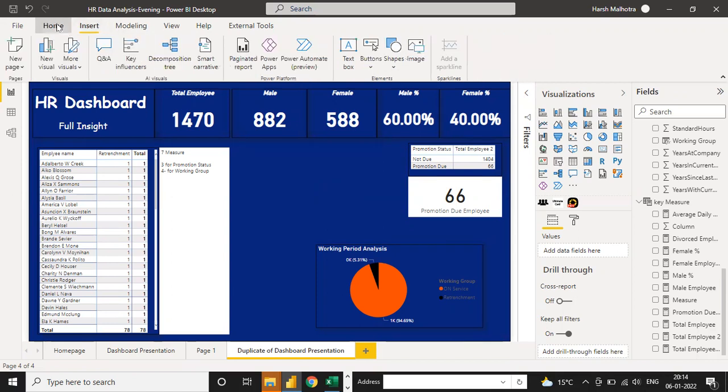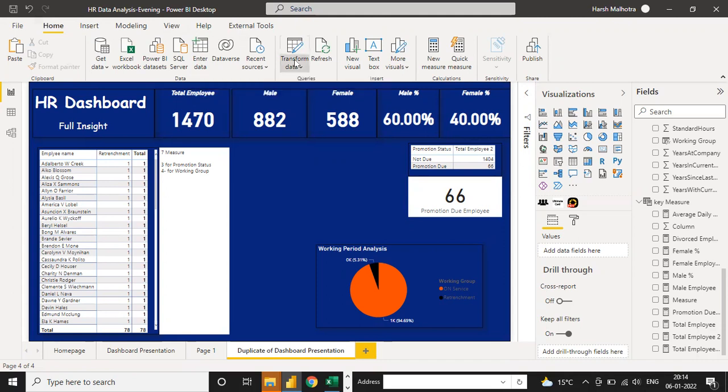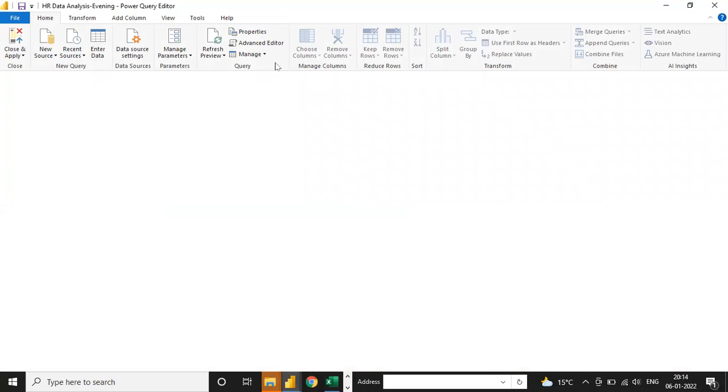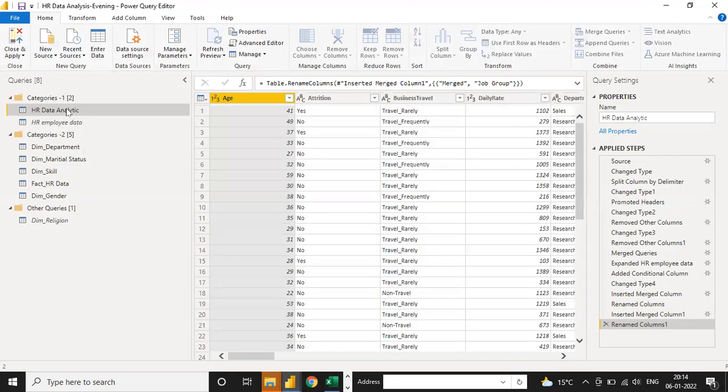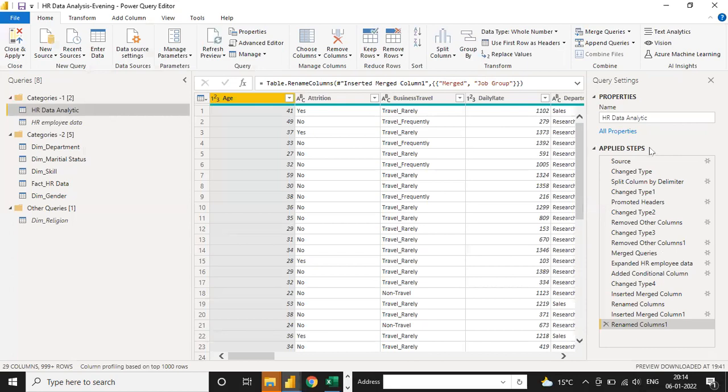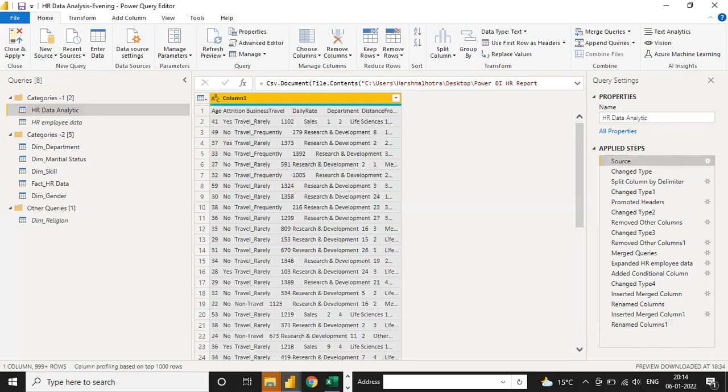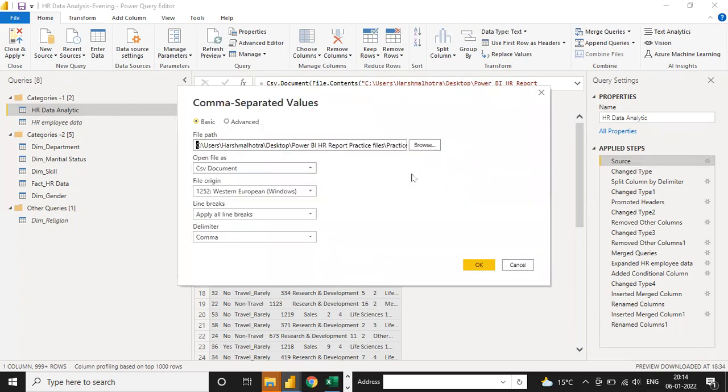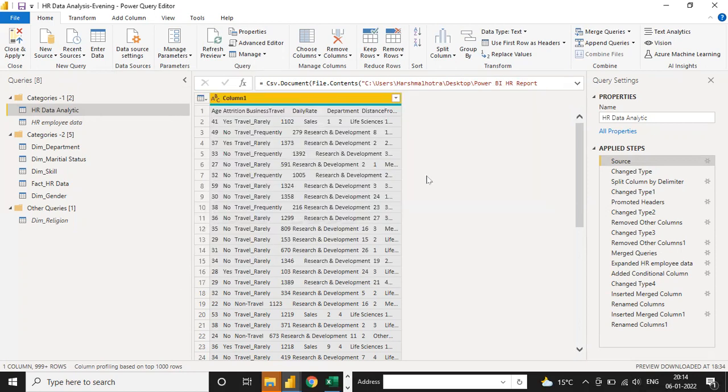So you have to change the source setting. How to change the source setting? Click on this transform. Select the file. This is the main file. Click on this source option. You can select this heading. When you select, a new window opens and you can change the source setting from your folder only. If you select your folder and click on OK, then after that if you refresh, you will not get any error. Clear?